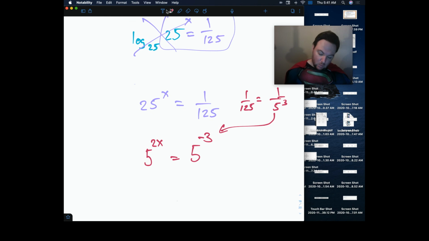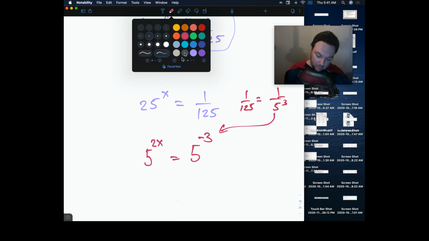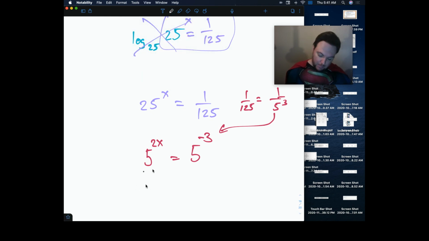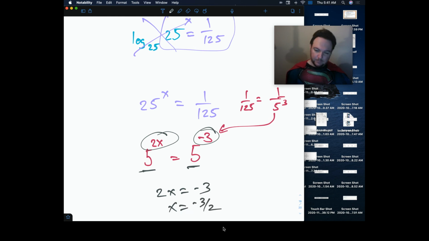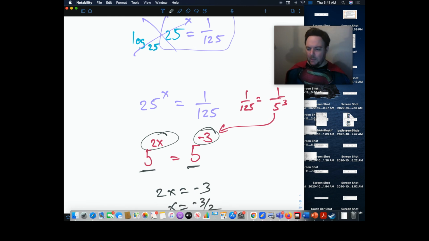Okay, so once we do that, if the bases match, then the exponents match. So 2x is negative 3, and x is negative 3 over 2. Cool beans. All right, so the next one is going to be,